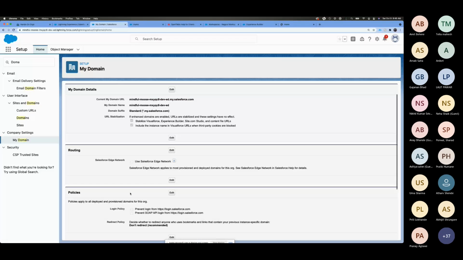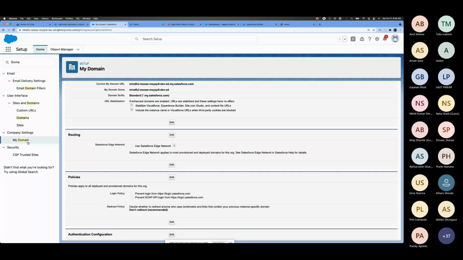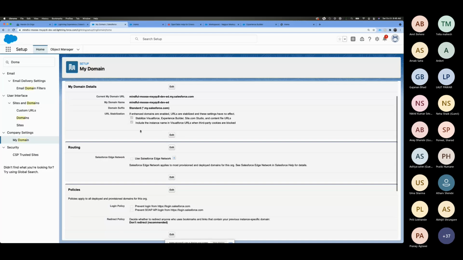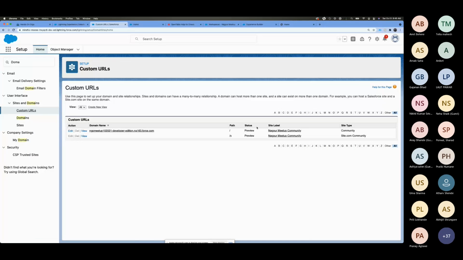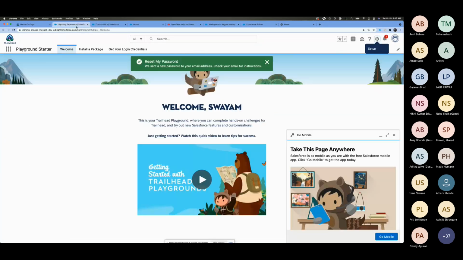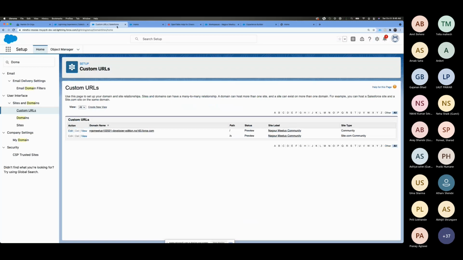You need to register a domain, configure My Domain, set up the DNS route, and then you can upgrade those settings here. And then there are custom URLs which you can define and change also. That's where you register for a site and then you can create it.